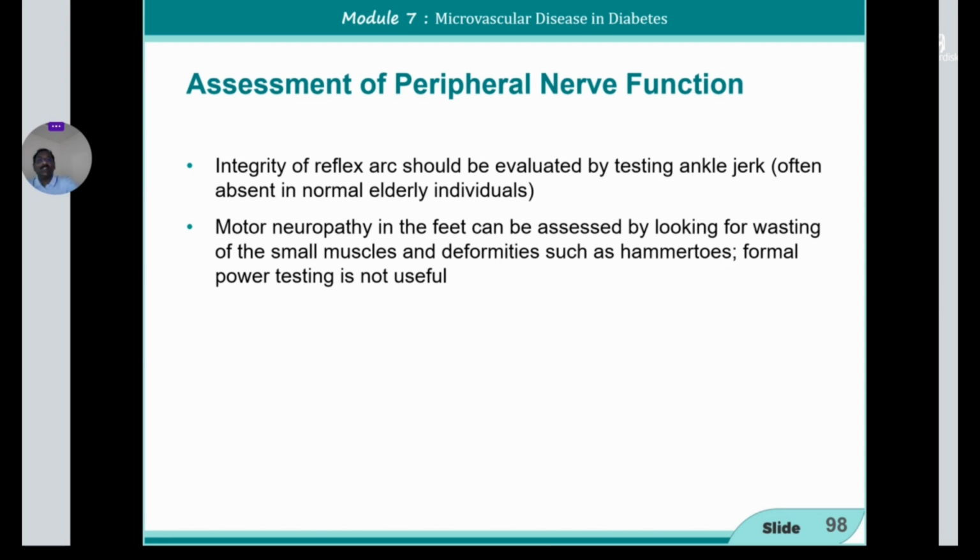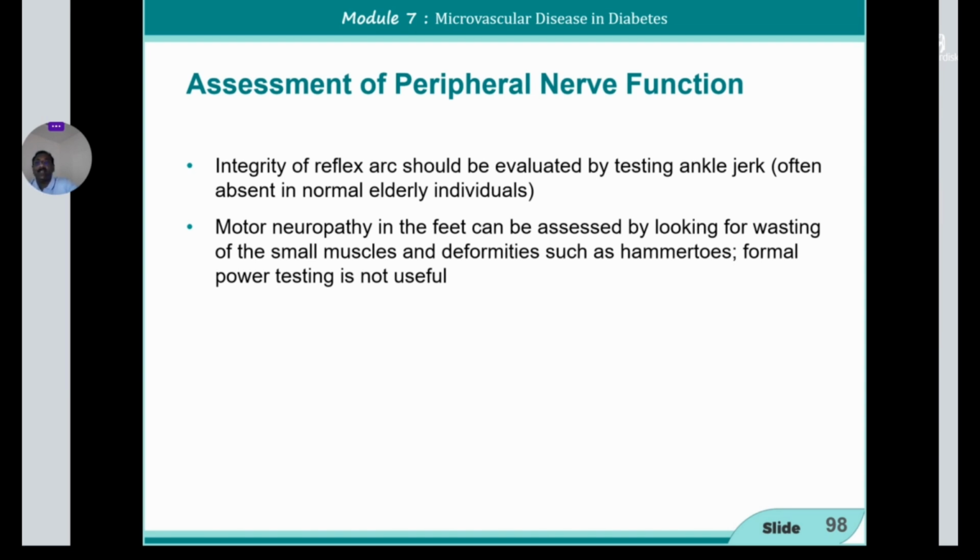Integrity of the reflex arc should be evaluated by testing the ankle jerk, often absent in normal elderly individuals. So don't expect the ankle jerk to be present in all individuals. That may be lost in elderly individuals. That doesn't mean that this fellow is having very severe neuropathy. But for young individuals with the symptoms of diabetic neuropathy,